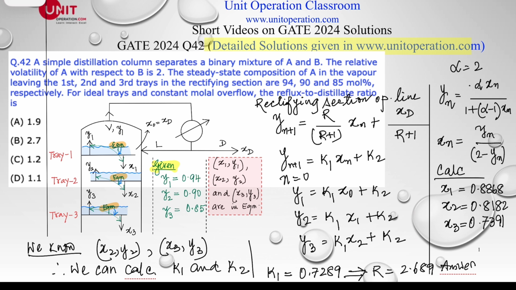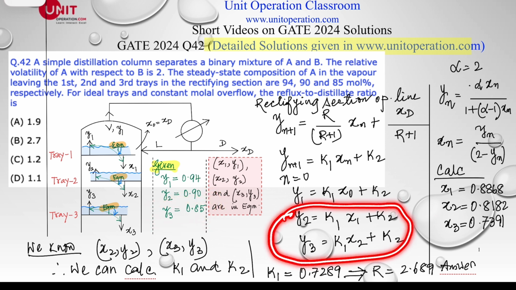So let's take these two equations right here. So here we know the values of x1 and y2. Similarly, we know the values of x2 and y3. So if we just take these two equations, we can see that since this is known, this is known, this is known, this is known,